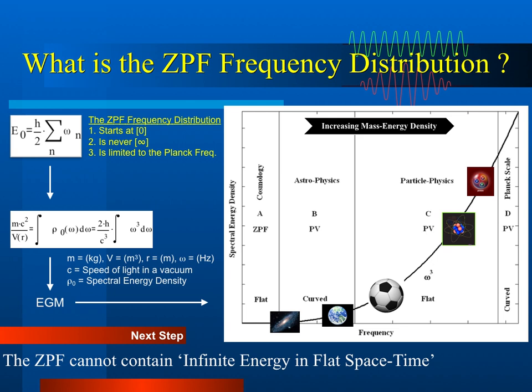Consequently, the zero-point field is prevented from ever accommodating a virtual particle of infinite frequency. Therefore, we insist that the infinite energy in the vanishing volume problem is solved under the electrogravimagnetic construct, because a vanishing volume can never contain any more energy than the mass energy of the local gravitational point source. So, how do we mathematically demonstrate that the zero-point field cannot contain infinite energy in flat spacetime?